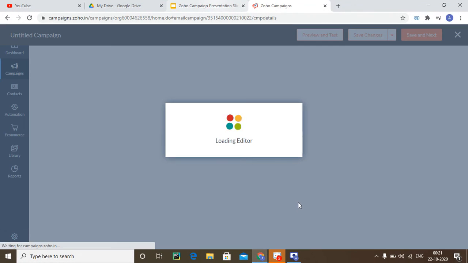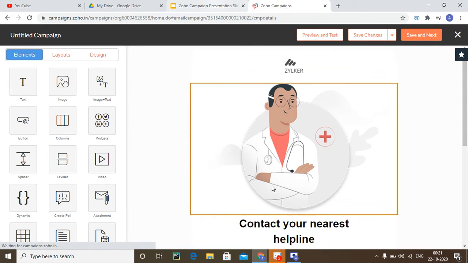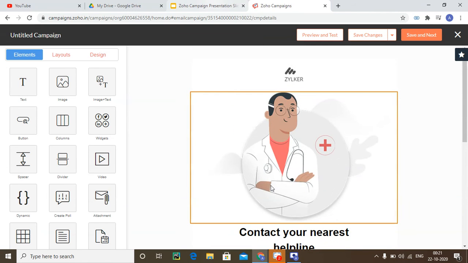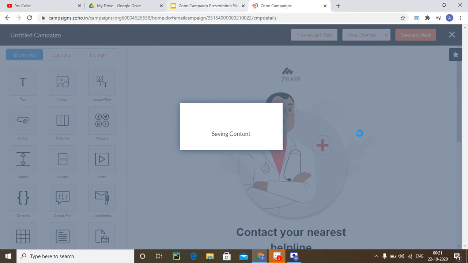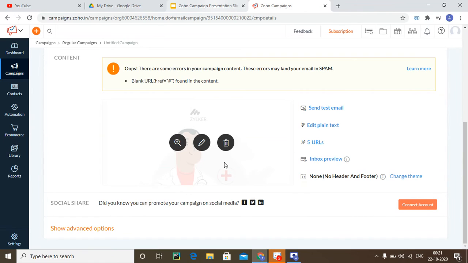You can even select a particular template, and once you select a particular template, it will take you to the template editing section, wherein you can embed multiple buttons, links, and other content which will make your email more personalized. Once that is done, once the content is decided, you can directly go ahead and choose the preview. So once the preview is done, then you will be able to